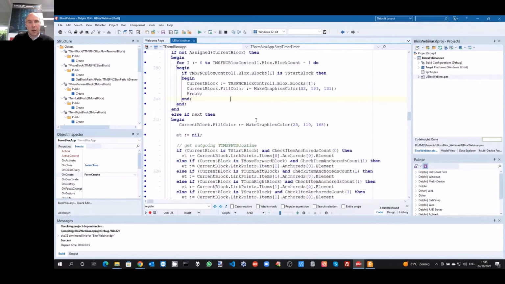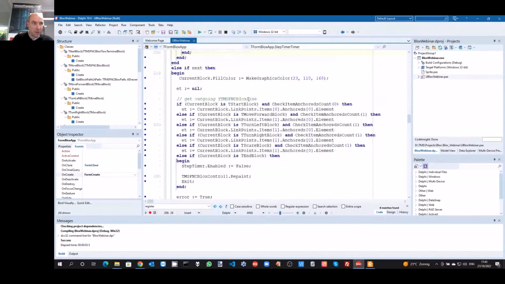If the start of the workflow was already found and we are already running the workflow, what we do then is follow the connections between the blocks, and we follow the connections via the link points, and via the link points we can determine the elements that are connected. Here, depending on the block type, because a start block has only one link point, the other blocks have an ingoing and an outgoing link point.